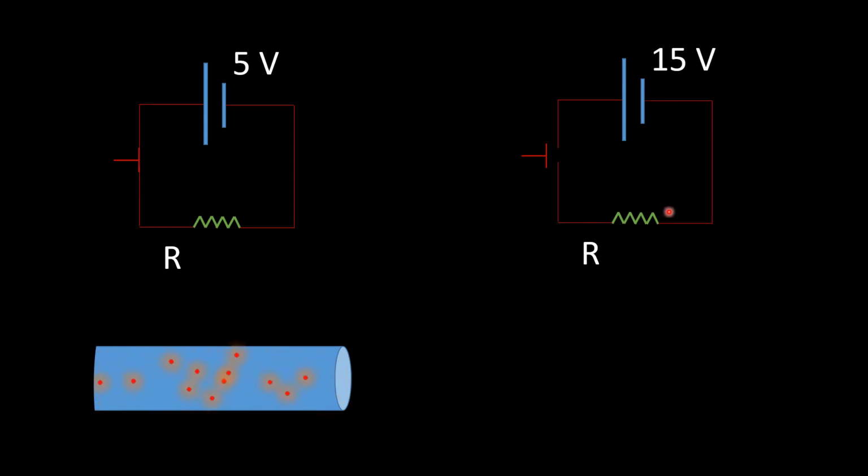What will happen if you connect the same resistor with a 15-volt battery? Now be careful, I am talking about the same resistor. I am not changing resistance, I am not changing any other parameters like pressure or temperature or anything else. I'm just changing the battery. So when I connect 15 volt, what am I doing? I'm now supplying more energy to every coulomb of charge. In this case, it was 5 joule with every coulomb. Now I'm giving 15 joule energy to every coulomb of charge passing.